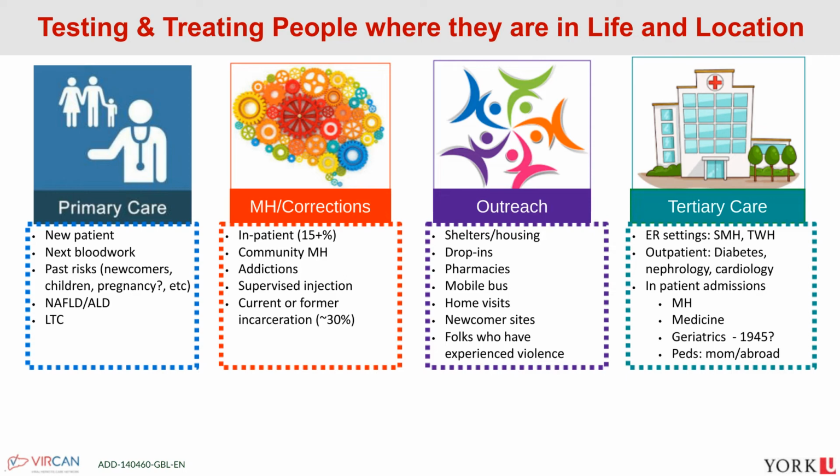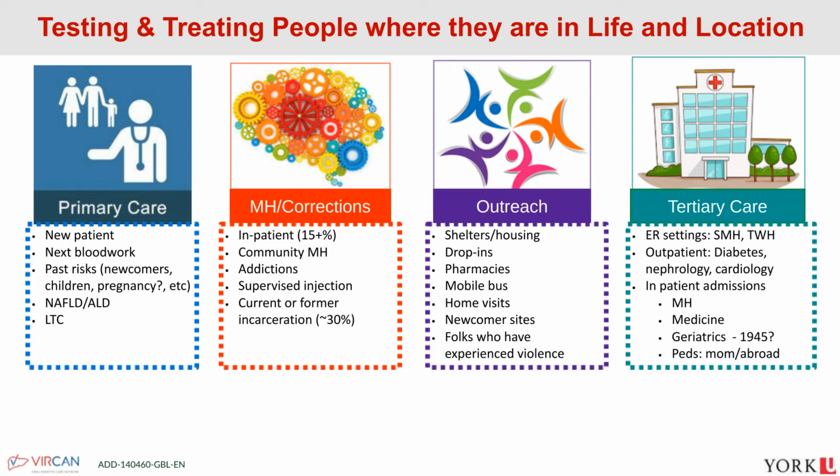I'd just like to end with a couple of conclusion slides. So in terms of our model, we really look at this that we need to test and treat people where they are at in life and location. So our work really incorporates every single aspect of social services, looking at things like training primary care providers, making them aware of different modalities for testing, diagnosis, and treatment. And in primary care, thinking about things like testing every new patient, using it in the context of I'm already ordering blood work, so I'll order Hep C screening.